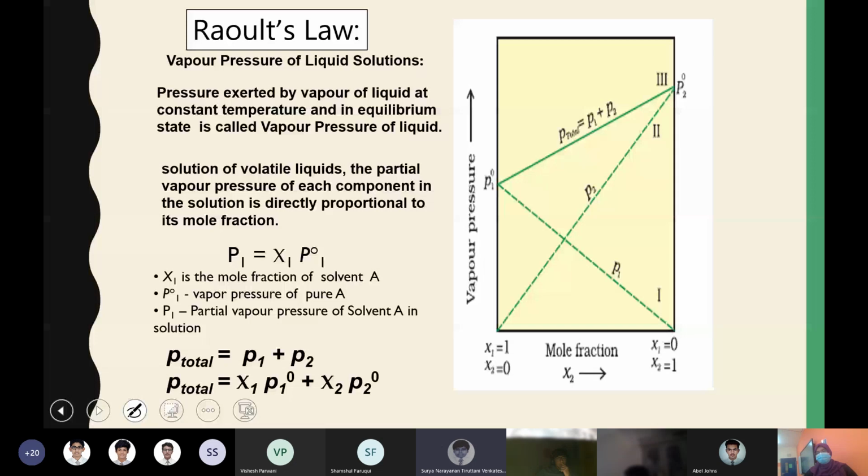No, see, you take a beaker with one glass of water, and in another beaker you take alcohol. When they are in the pure form, they have their own vapor pressure, right? That is an entirely different thing. When you start mixing them in different proportions, in some cases one will be the solute and in other cases it will be the solvent, and it may change as you vary the proportions. Yes, ma'am.